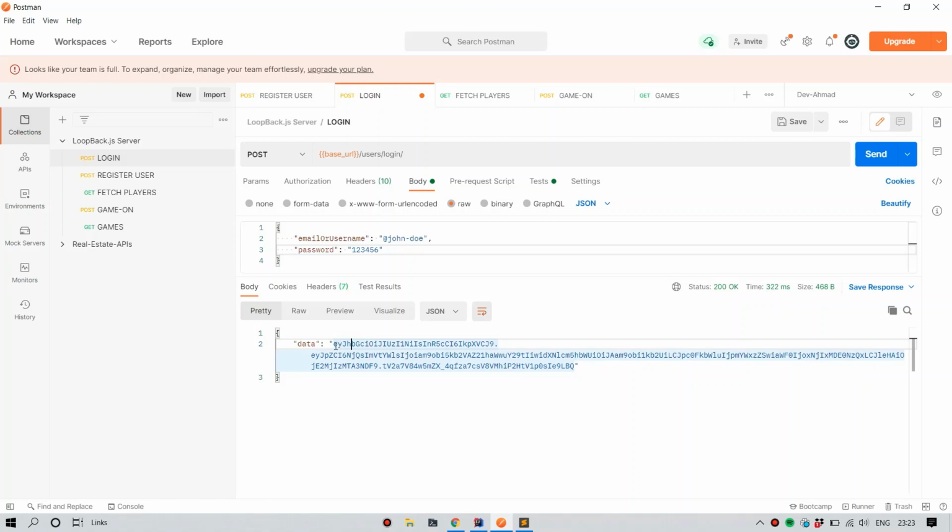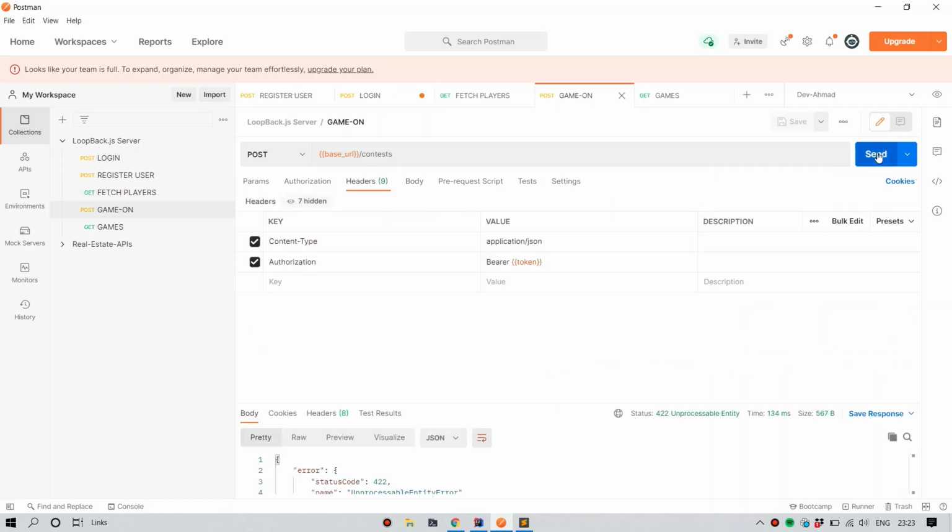Every time we log in and we get the API response with the token, what if we can automatically set the environment variable to have this token? That way we do not even have to copy and paste it. We just log in and then immediately go to the other API endpoints, and those will have the new token.